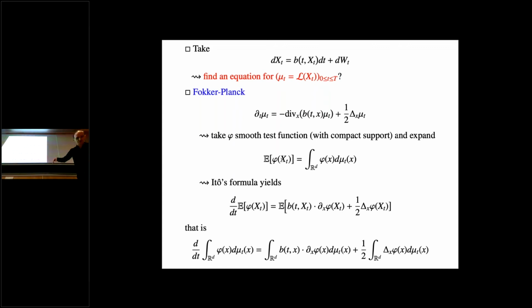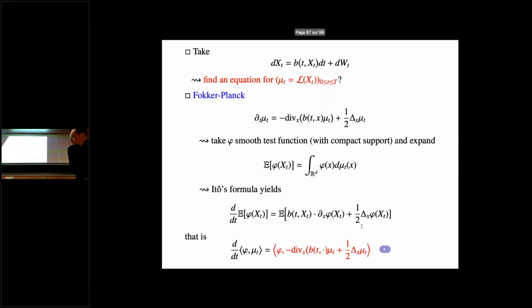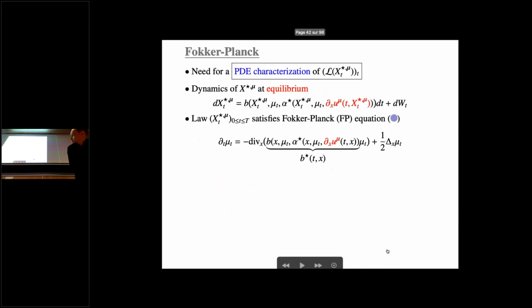So for those of you who want to see that, you can go back to the slides once this is online. Okay, there is no button back, is there? Yeah, there is. Okay, so this is the equation I have for mu t, and so this is exactly minus the divergence of B of alpha star times mu. Okay, so I implement the optimal feedback depending on u through the value of the HJB equation.